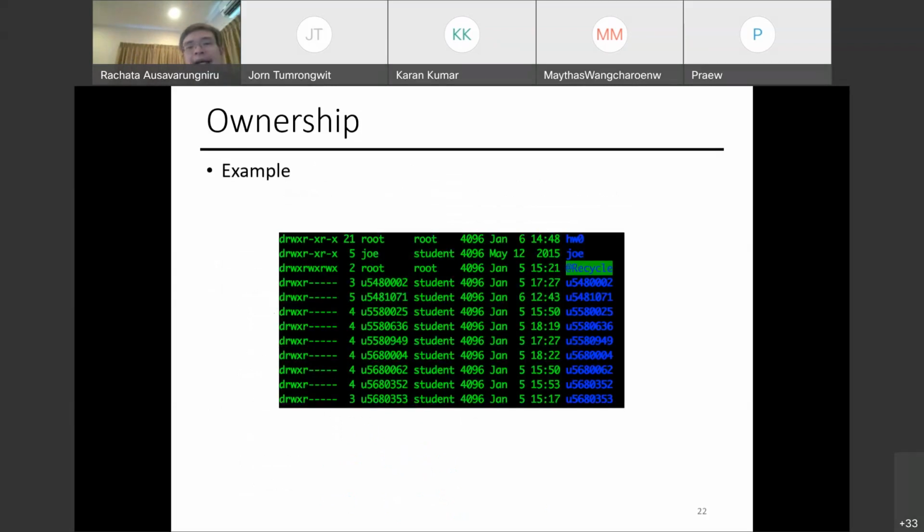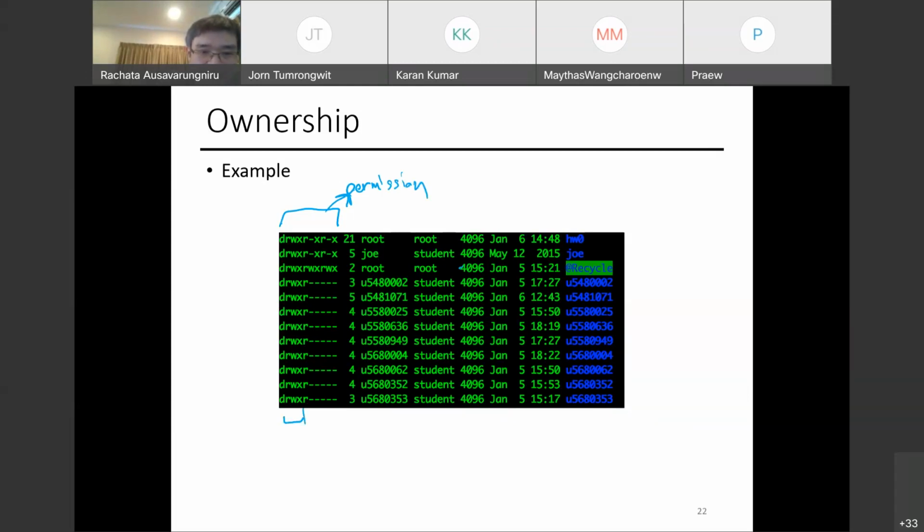And this ownership system, now let's go through some examples, right? Here is a screen cap of a directory structure. As you can guess, this is a really old listing, right? 2005, 2006, this is a long time ago. But over here, you can see this part, right? The permission.